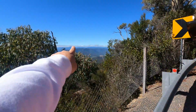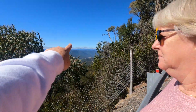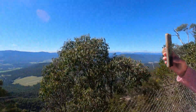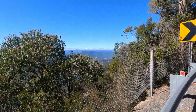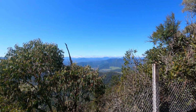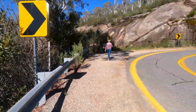And I can see a track going up that mountain, a four-wheel drive track, but that's pretty much Victorian high country all over there, with tracks going over the hills. Imagination tells me it might be Billy Goat's Bluff over there, but it could be anything. That's the beginning of the Victorian high country over there. You can see tracks through there, mainly forestry tracks, but forestry tracks go into tracks such as Billy Goat's Bluff,